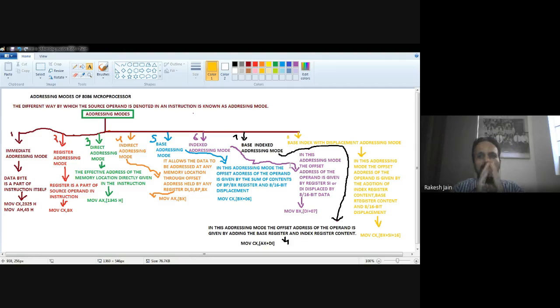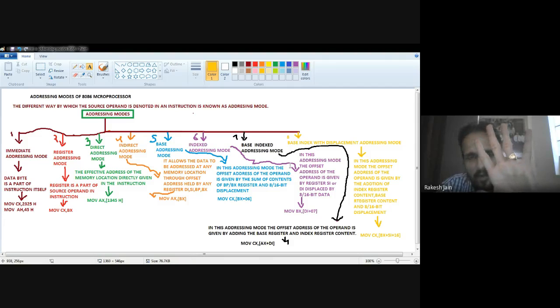Apart from the differences we have already covered in previous lectures, today we noticed some more differences. In the 8085 microprocessor, only 5 addressing modes were there: direct, indirect, register, immediate, and implicit addressing mode.